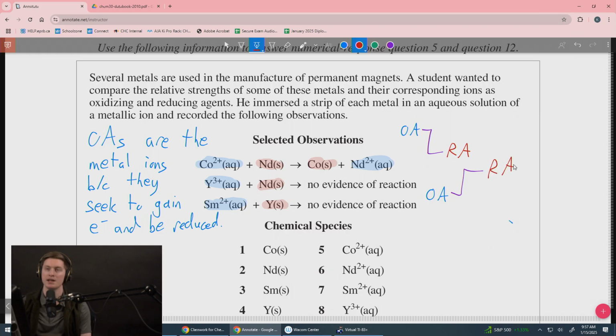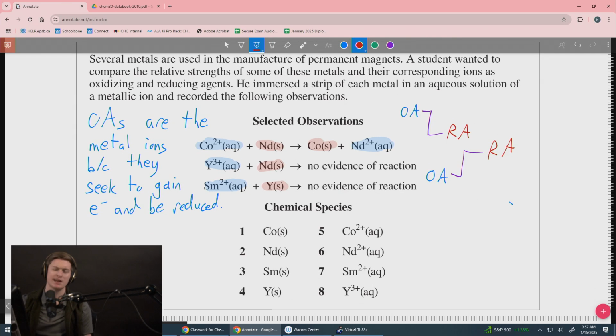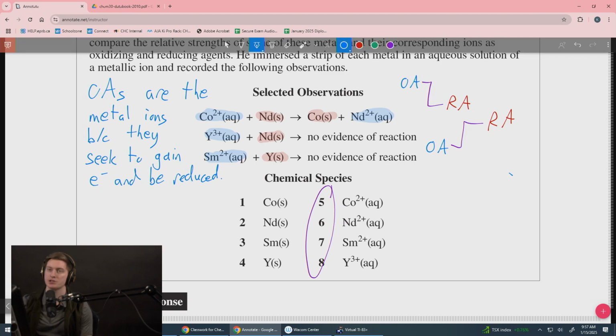We can actually create a table from this evidence. This is going to help us in question 12, so I'm just going to make the table here. But if you were looking at just question 5, you're asked about the oxidizing agents, so we're really only caring about numbers 5, 6, 7, and 8, because these are our oxidizing agents. But I'm going to build a table, a redox table here, and that will help us answer both of these